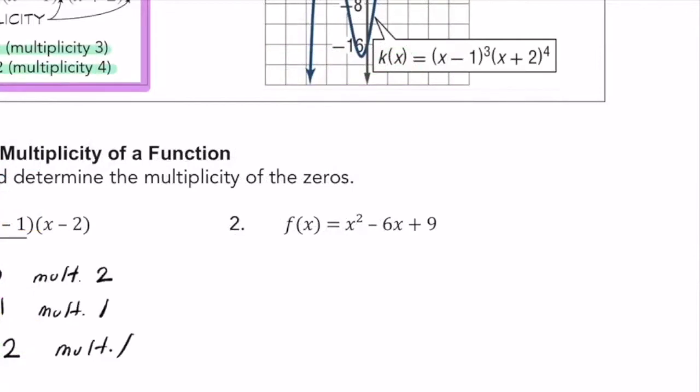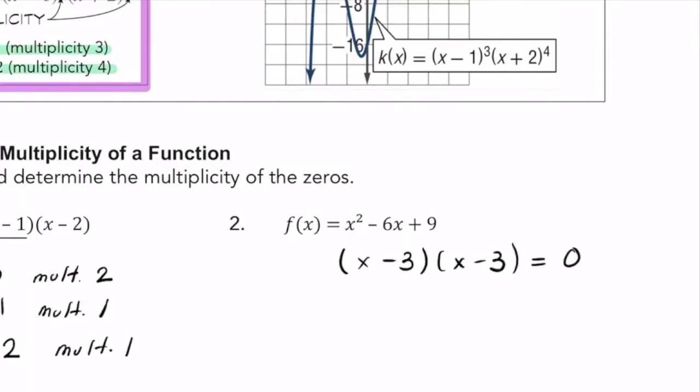Number 2 is in standard form, so in order to find the zeros, I would have to factor this. I have x squared minus 6x plus 9. Think to yourself, what 2 factors multiply to equal positive 9 and add to equal -6? That would be -3 and -3. This factors out to (x minus 3) times (x minus 3), and we're solving for this, so we set them